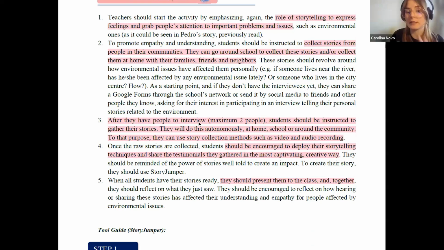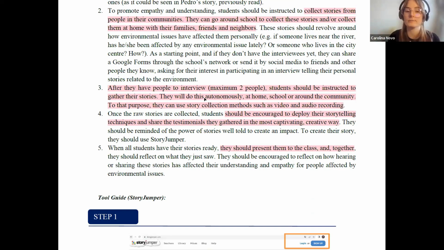They should interview at least two people, and then they are encouraged to tell the story in a creative and captivating way. So they record the testimonial, the interview with these people, and then they build a story, which is also one of our goals, to teach them how to storytell and to tell stories.